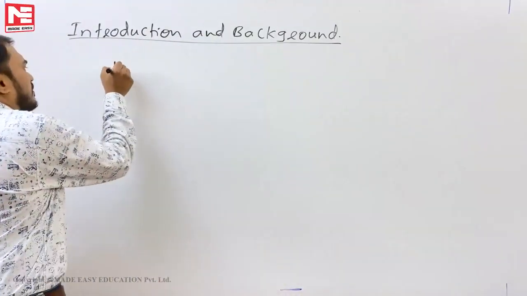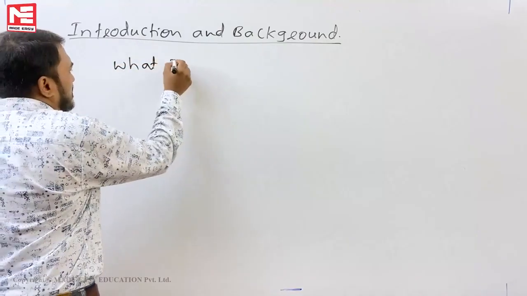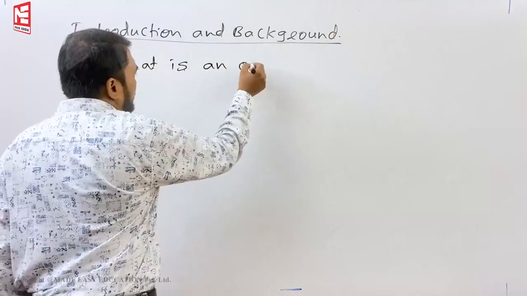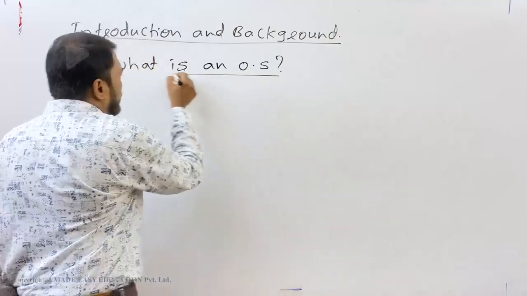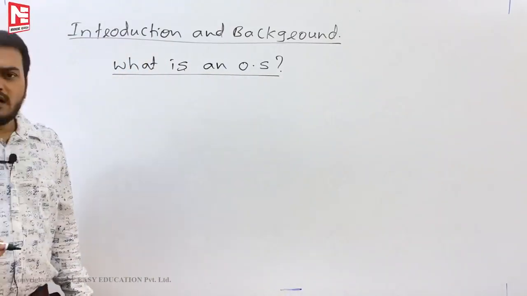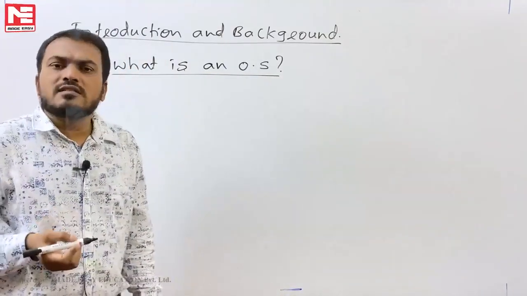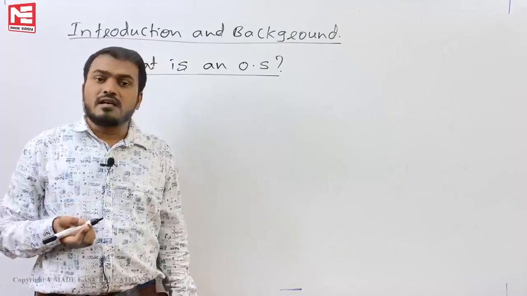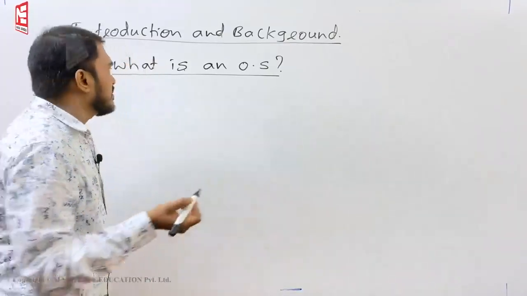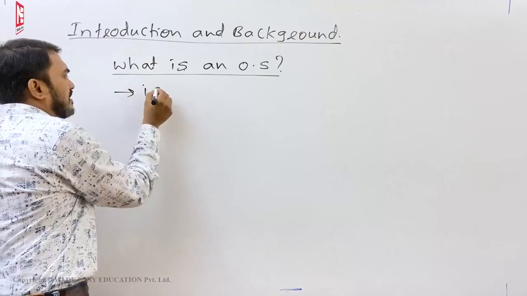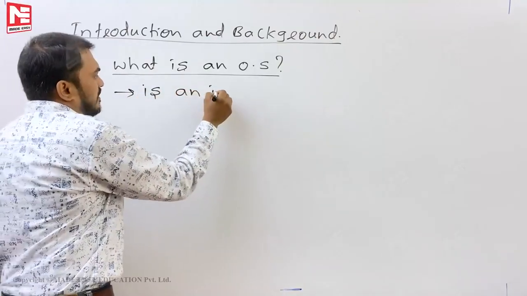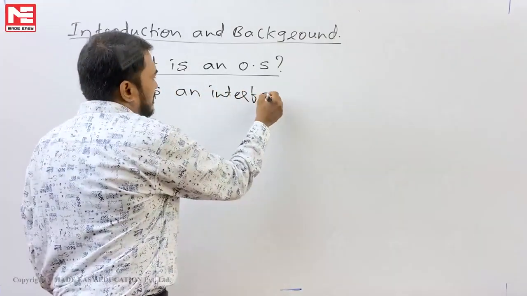So let's see, how do you define an operating system? What is an operating system? It's a simple definition, generally most of you already studied. Okay, what is an operating system? Simple definition: an operating system is an interface